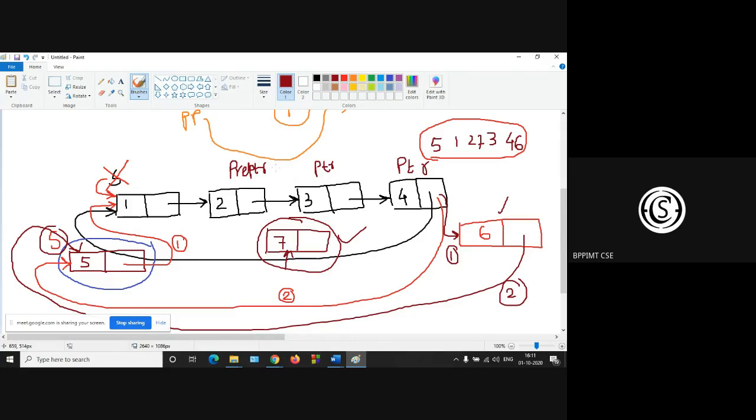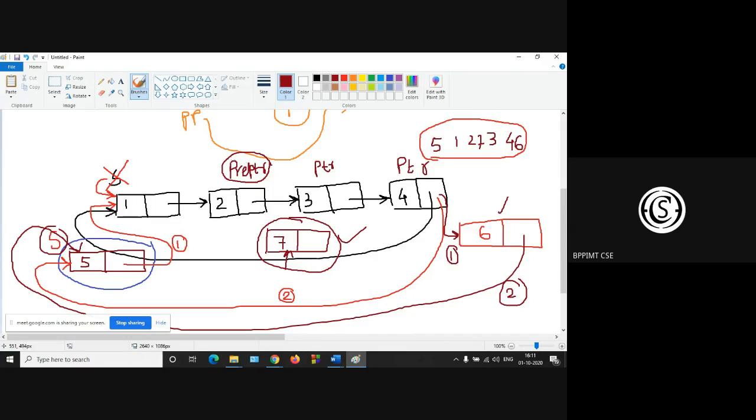If you are using 2 pointers, okay? So while your pre-PTR data is equal to 2, that is the value, then what do we do?